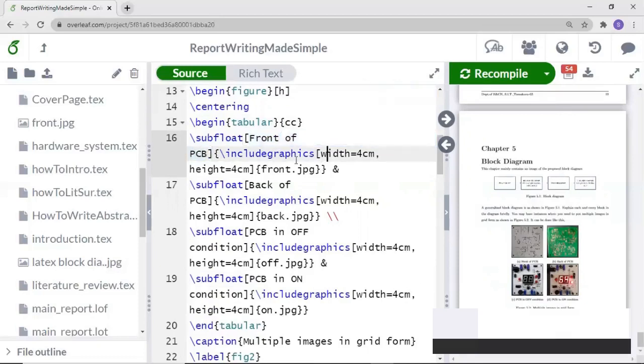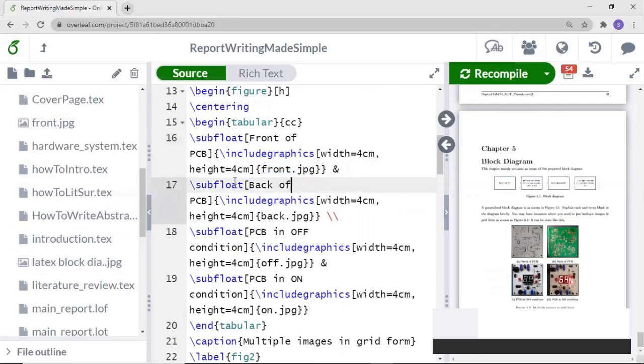Then you need to include that. You can also set the width and height like this. I have taken width equal to 4 centimeter and height equal to 4 centimeter, or you can also scale it as I said before in the previous image. Then you have to include the name of that particular image that you have uploaded here, the same name.